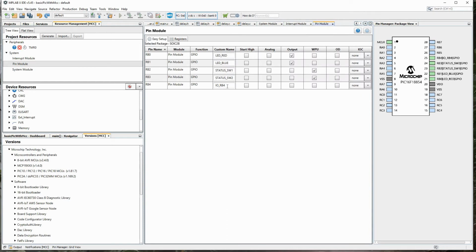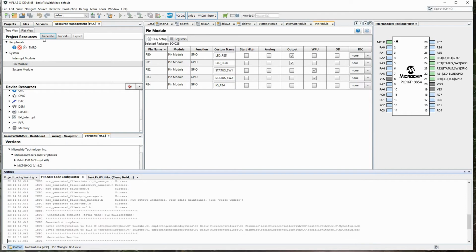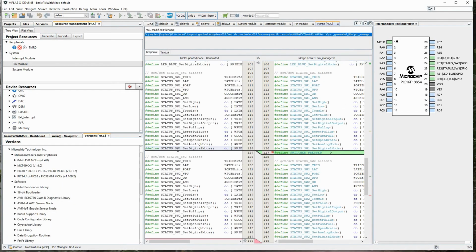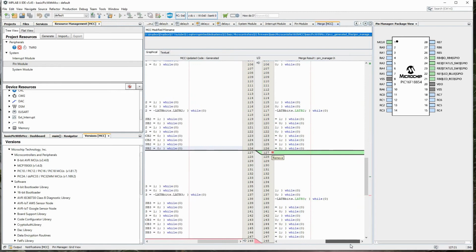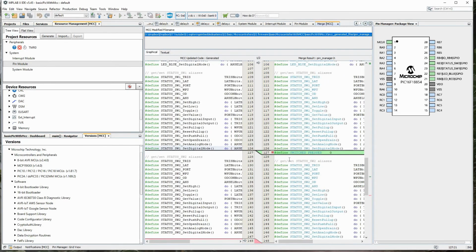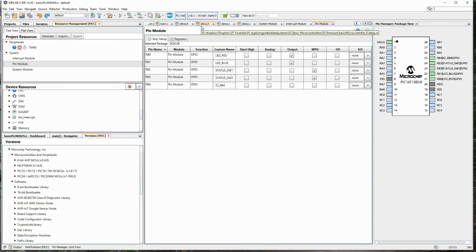So let it be the same thing. Just let me regenerate. I'm curious to see what will happen. Oh, it is actually pointing out that this might get deleted. Yeah, so I think if you do this, it will get deleted. So it is better to make your own io.c and io.h and make all the definitions inside them.